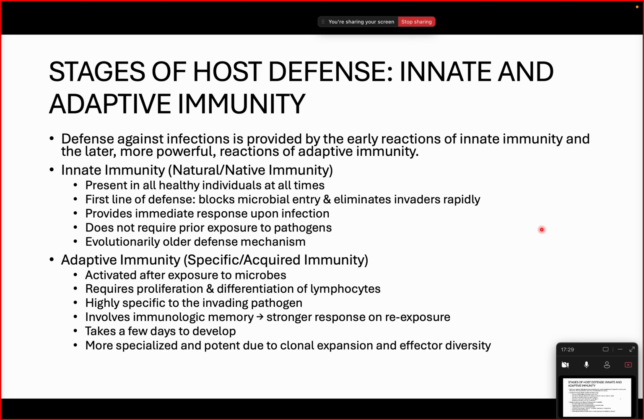Now, some pointers about adaptive immunity, or specific immunity, or commonly known as acquired immunity. Activated after exposure to microbes, requires proliferation and differentiation of lymphocytes, highly specific to the invading pathogen, involves immunologic memory, that is, stronger response on re-exposure, takes a few days to develop, more specialized and potent due to clonal expansion and effector diversity. We'll see this in the coming slides. Okay,